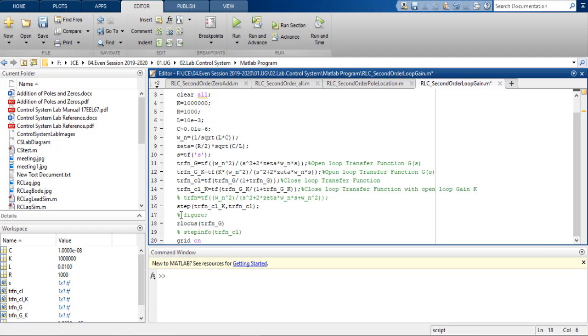You also have to use the command figure, which creates another figure. Normally, without it, the step response figure and the root locus figure would merge together and you would only see the root locus plot. But we want to see both plots, so we write this command figure, so it creates another figure window.